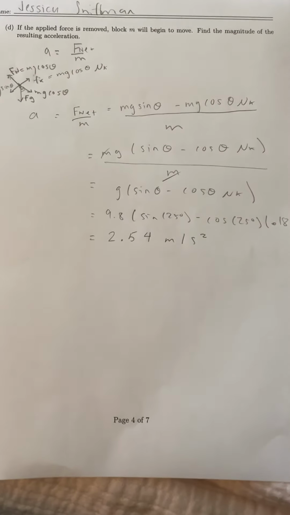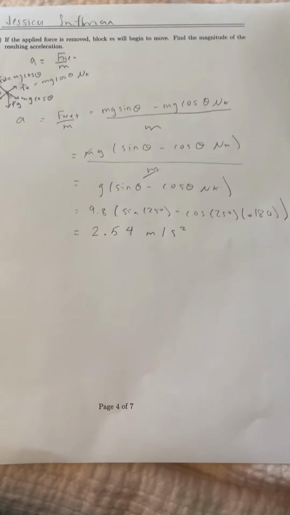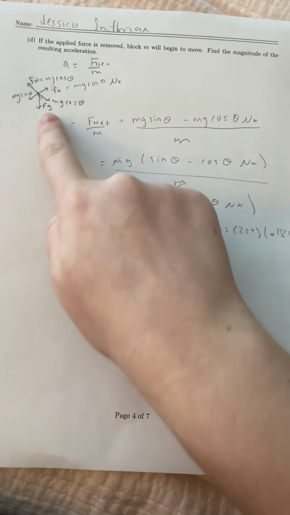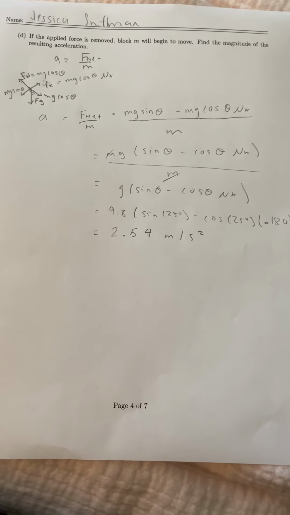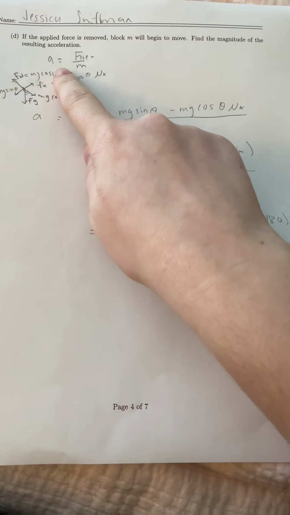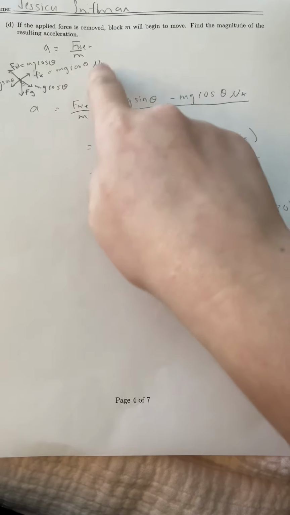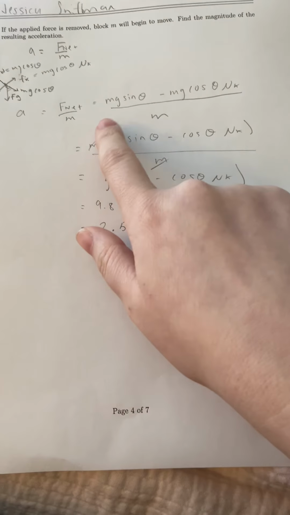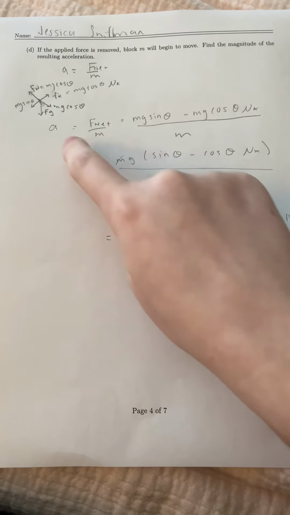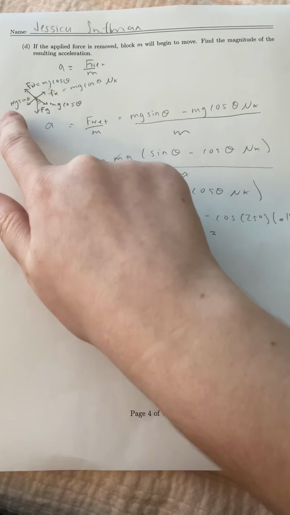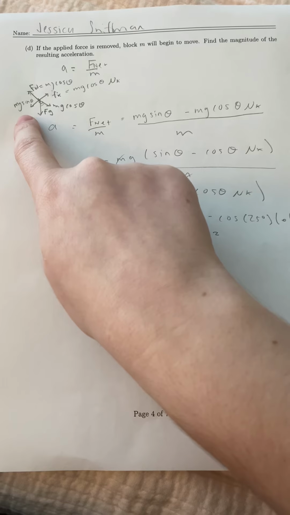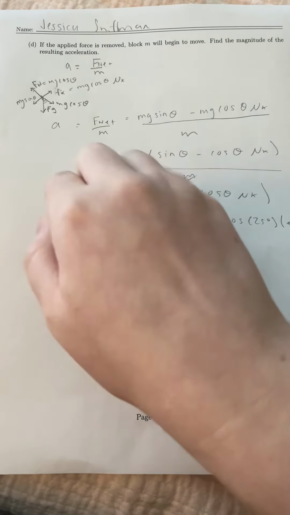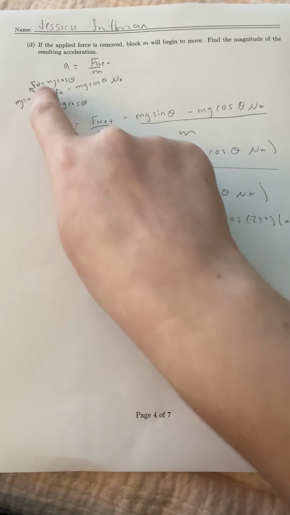And then for the last problem, it's talking about after you take away that force, so you no longer have that extra force added on in your free body diagram. And acceleration would just be the F net over mass, because you can just rearrange F equals ma. So then you have F net now is only equal to, because these cancel out, mg sine of theta minus mg cosine of theta times the coefficient of kinetic friction, because it's moving now. So we're only looking at this plane because these two cancel out,